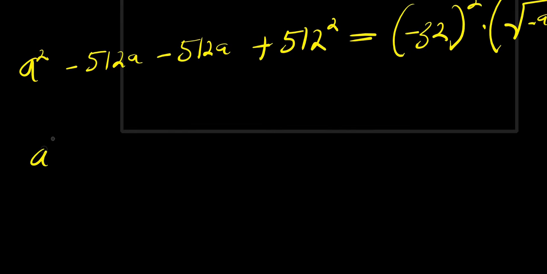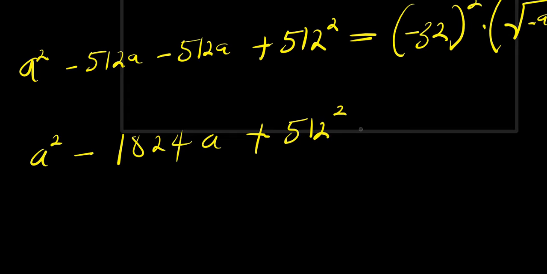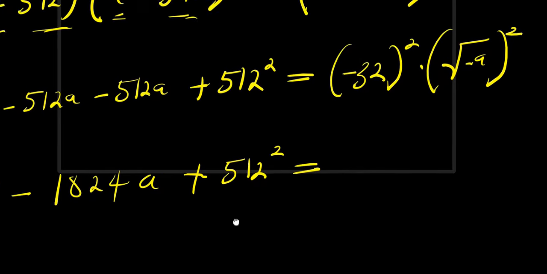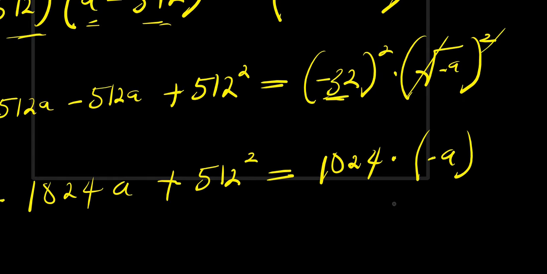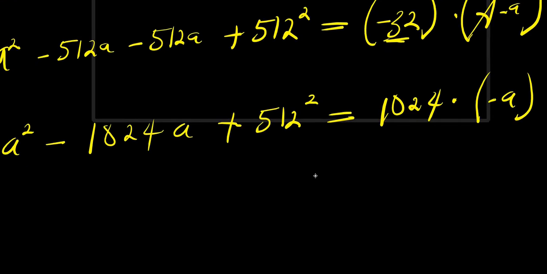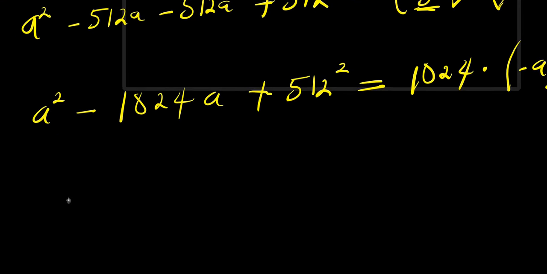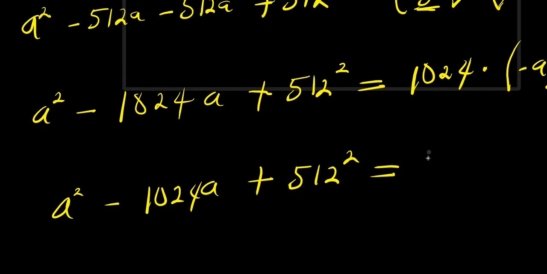So from here, we have a squared minus this is 1024a plus 512 to the power 2 equals negative 32 to the power 2 is the same thing as 32 to the power 2. That is 32 times 32, and that's 1024 times, this cancels this. We have negative a. So from here we have a squared minus 1024a plus 512 to the power 2 equals